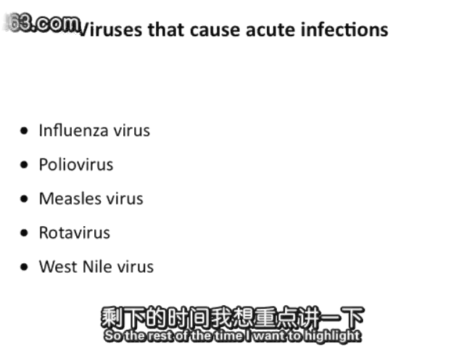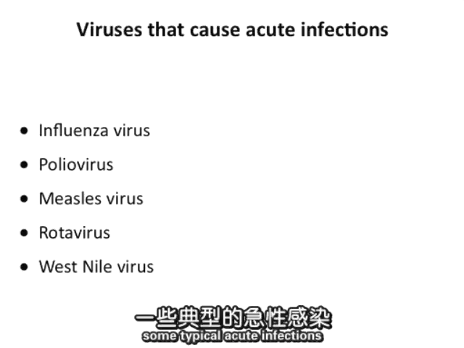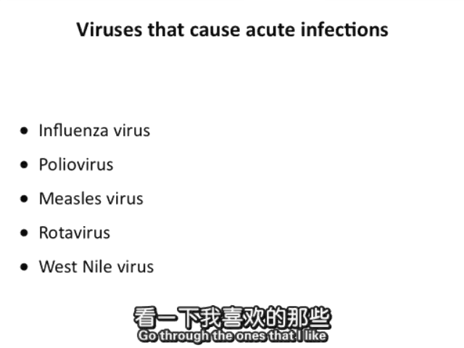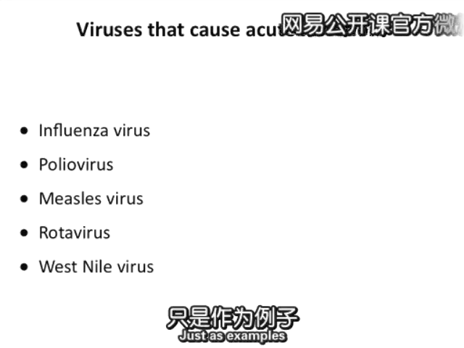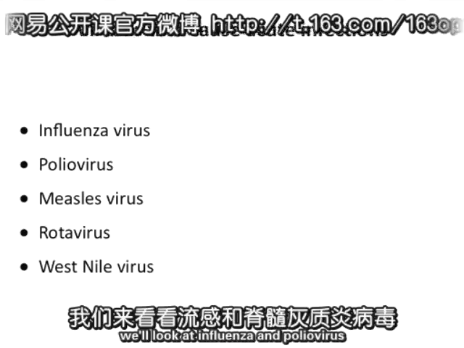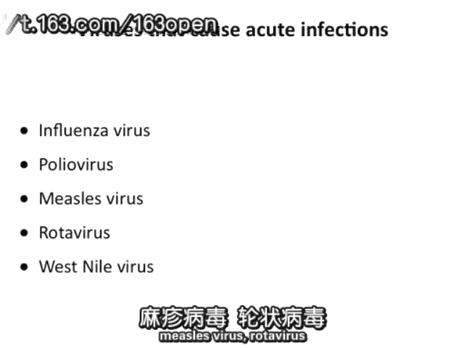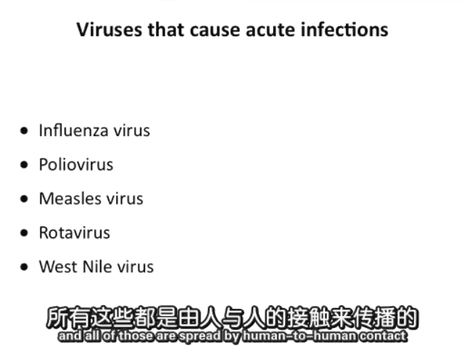So for the rest of the time I want to highlight some typical acute infections, go through the ones I like, and tell you what I know about them. Just as examples, we'll look at influenza and poliovirus, measles virus, rotavirus, and all of those are spread by human-to-human contact. And then we'll look at a vector